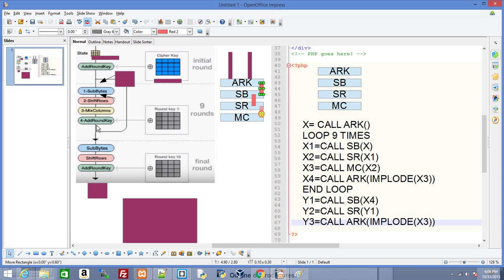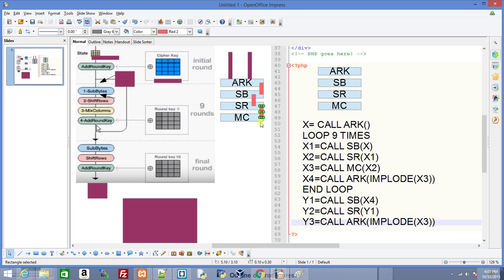basically these arrays are just, you're going to put an array into substitution bytes, right? It's going to output an array that just goes to this lookup table and puts the correct values in the array. So you're passing the arrays between the functions, except for when you go out and mix columns, and now you